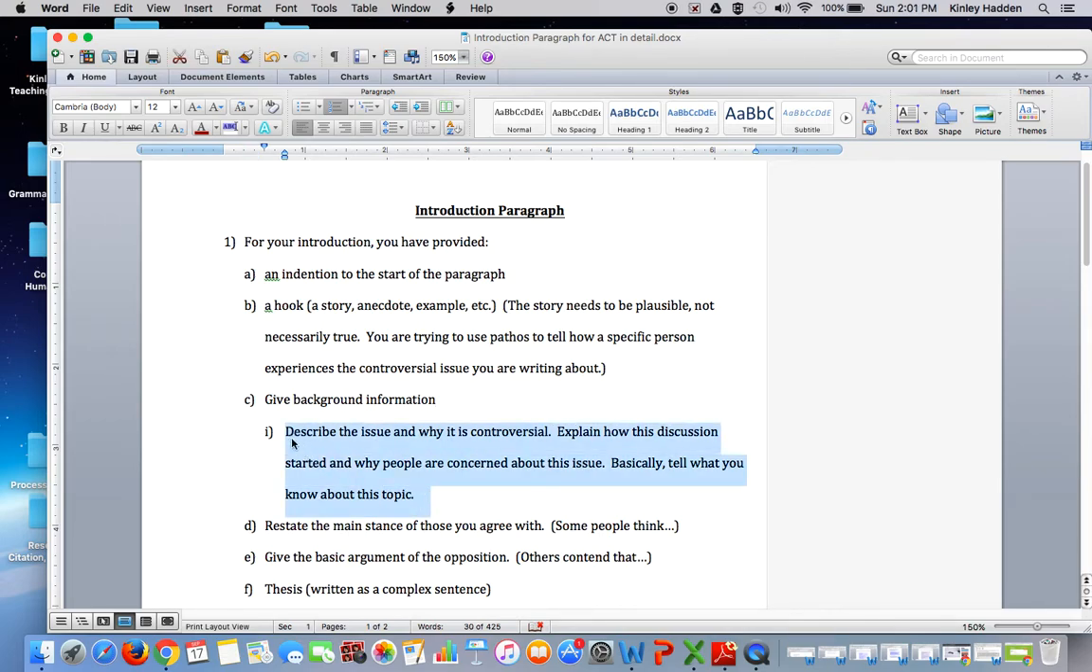Describe the issue that you're discussing and why it's controversial. Explain how this discussion started and why people are concerned about this issue. Basically, tell what you know about the topic. You're a journalist, you're doing the who, what, when, where, why, and how. If you're going to talk about Confederate monuments, you could say